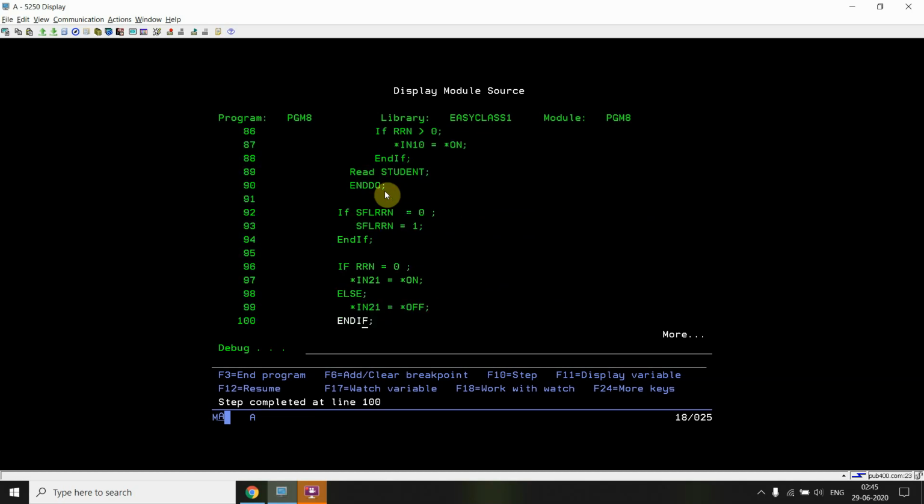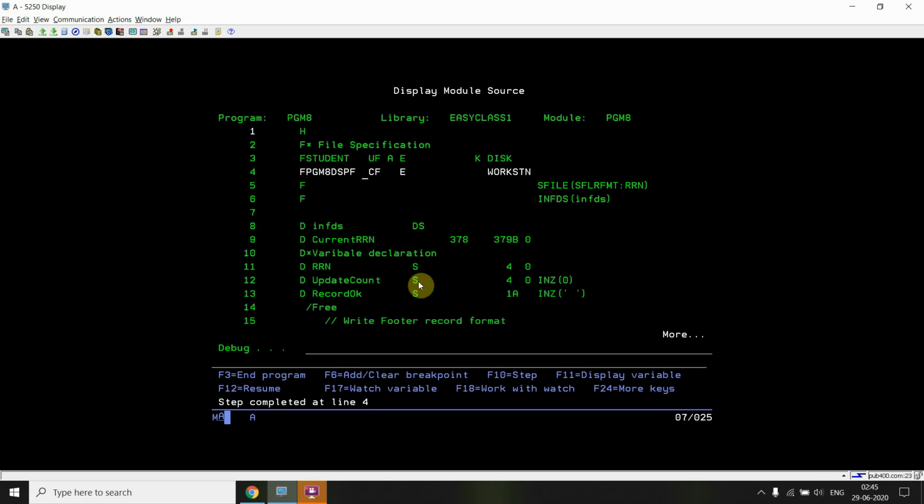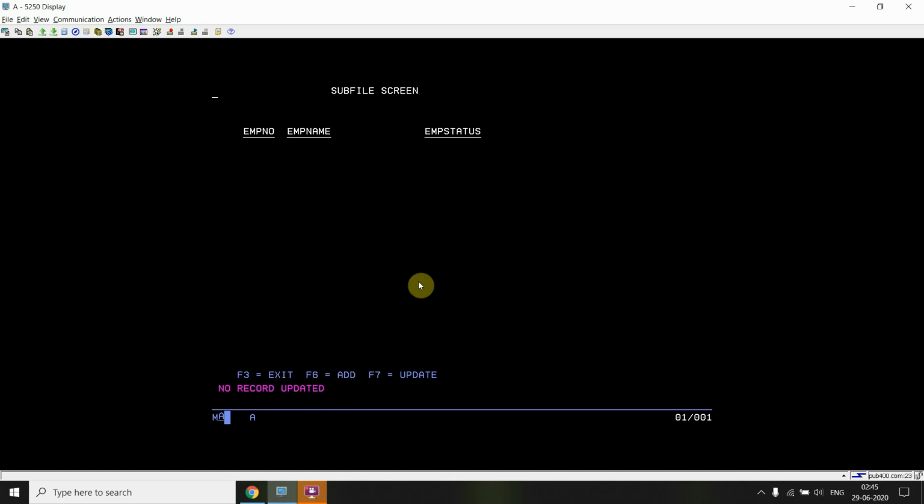So I didn't get any record. Indicator 20 gets on. So I can see that no record updated. Okay. So this is the functioning of the SFL INZ keyword.